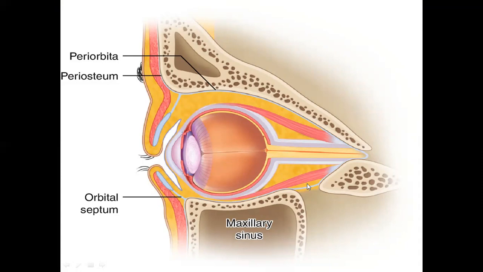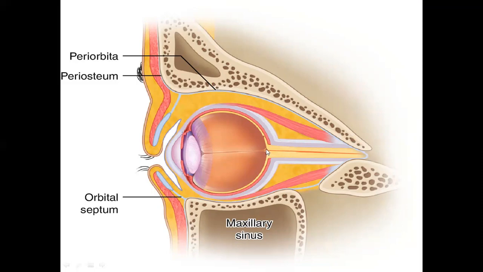So this is about the orbital fascia or the orbital periosteum or periorbita. This periorbita forms the periosteum of the orbital cavity, and it is loosely attached to the bones, and this can be easily stripped off. Anteriorly it is continuous with the periosteum lining the orbital margin. Posteriorly it continues with the dura mater.